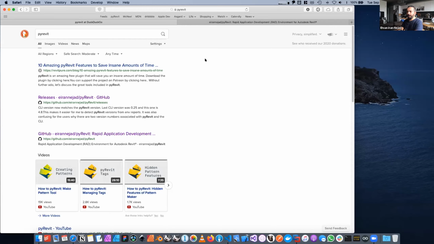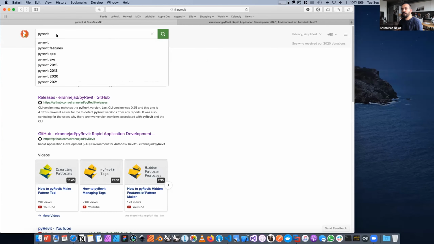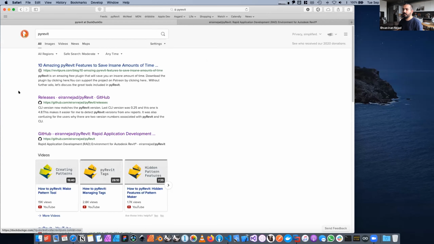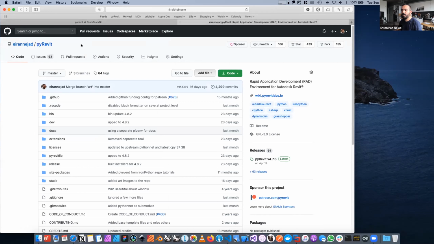If you go open whatever search website they use and search for pyRevit, generally you get a series of links that are related to the articles that everybody else published about pyRevit. But one of the first hits that you get is to the GitHub pyRevit repository. And this link will take you to this repository, which is basically where all the source code for pyRevit is stored. And it's the main